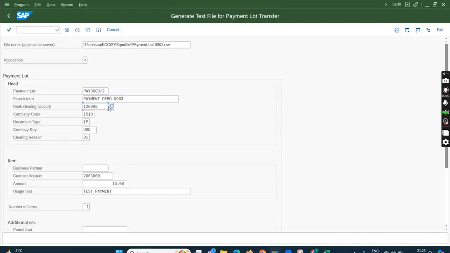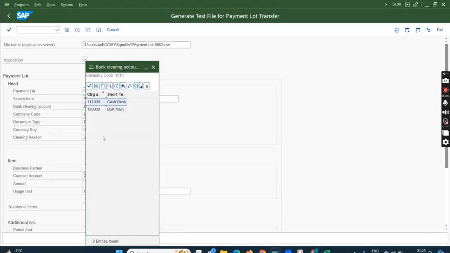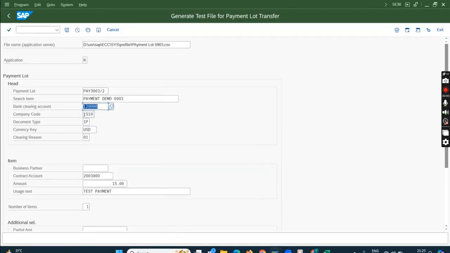Okay, bank clearing account. What bank clearing account am I using? Sorry, I need to change the company code. My company code is 0903. Then I can